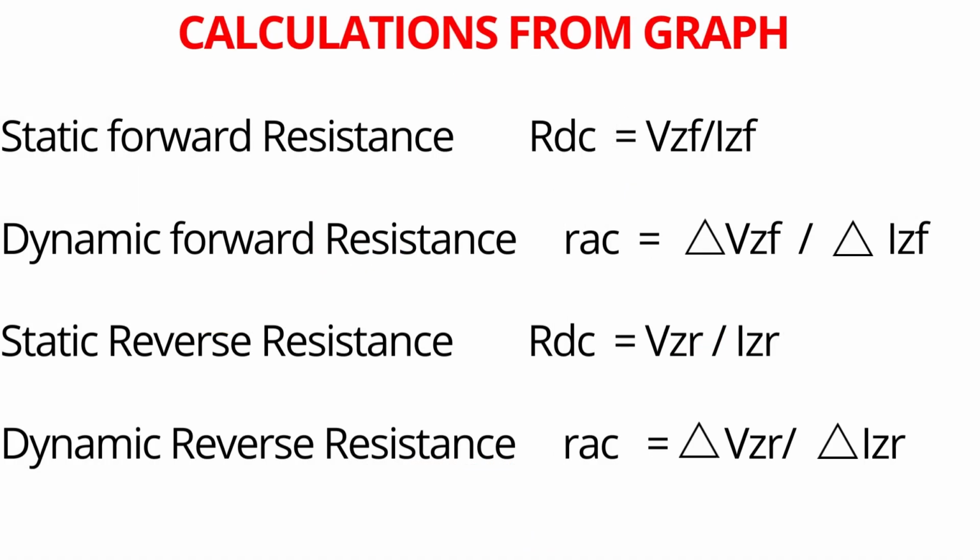Calculations from graph: static forward resistance RDC equals VZF by IZF. Dynamic forward resistance RAC equals delta VZF by delta IZF. Static reverse resistance RDC equals VZR